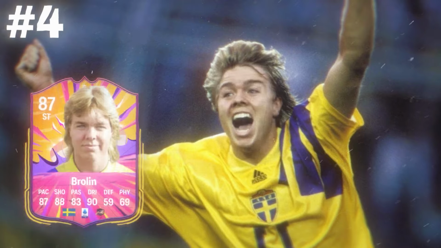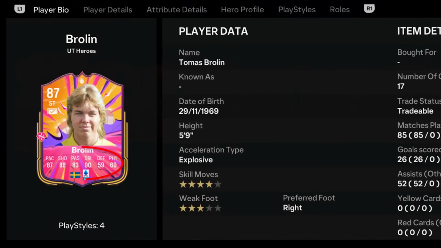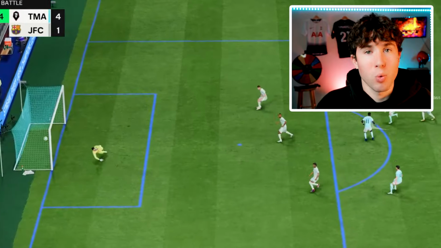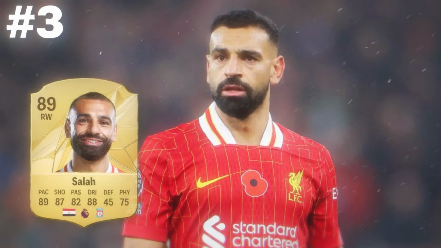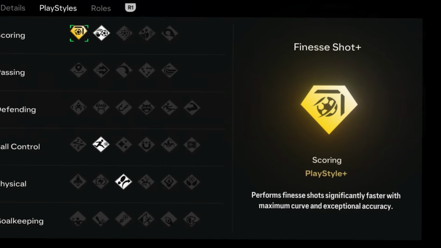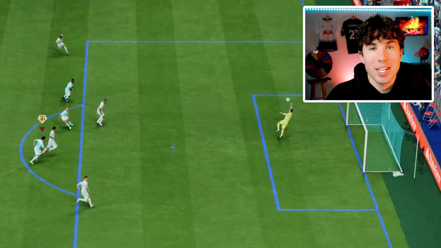But now the 4th right wing is one of the most slept on heroes, Roland, who with the Hunter card has 3 stats over 90 and the power shot playstyle, making him unstoppable once he gets an open shot. But the 3rd right wing is also one of the best budget wingers, Mo Salah, who just like Son is only good because of the finesse shot meta,